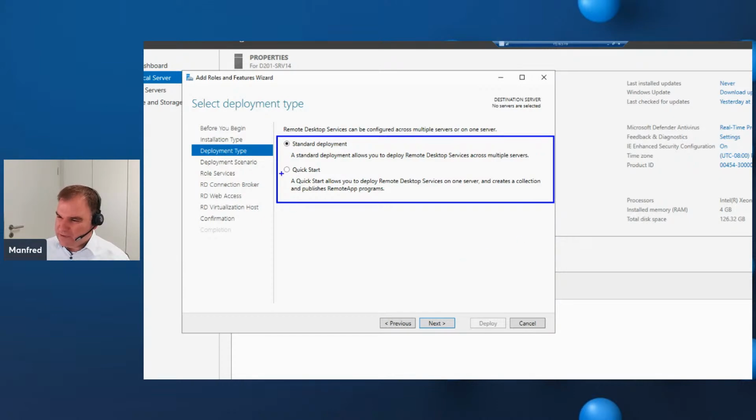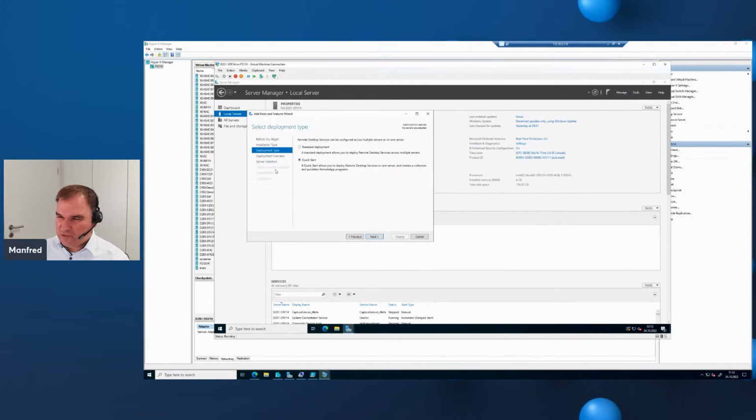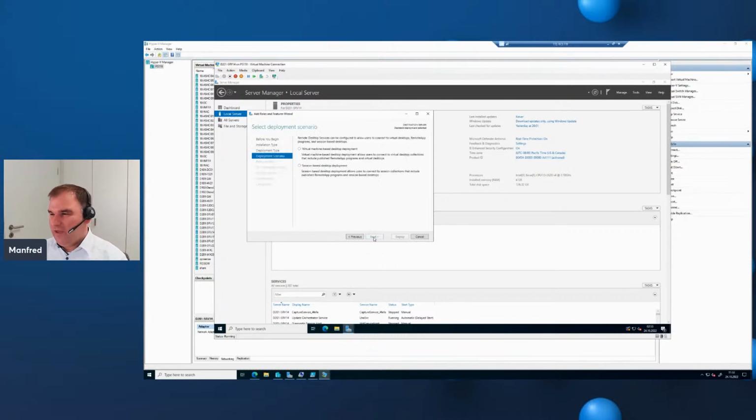So in the quick start, it's clear I have fewer configuration steps or options. You can see on the left-hand side, this is shortened here. In the standard deployment, I will configure this manually. What I will do with you together is we choose the standard deployment, but we build something like the quick start. So the result will be in our configuration that everything runs on one server. Let's go the quick start, the standard deployment path.